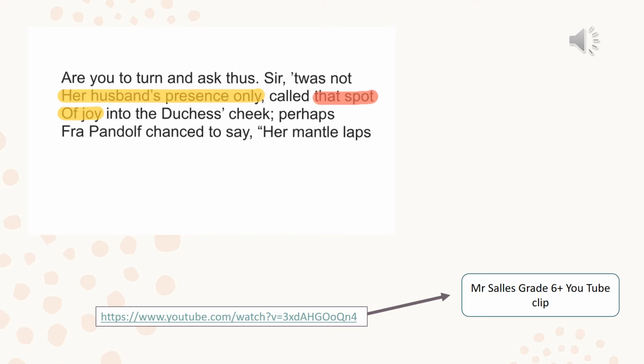His jealousy is again revealed when he talks about the expression on his wife's face that wasn't caused by her husband's presence only. In other words, he stood there while his wife's being painted, so jealous has he been about leaving her alone with another man, and despite the fact that he was there, there's still this implication that he was jealous of the attention that the artist gave his wife, even though that was his job. And we can see that here